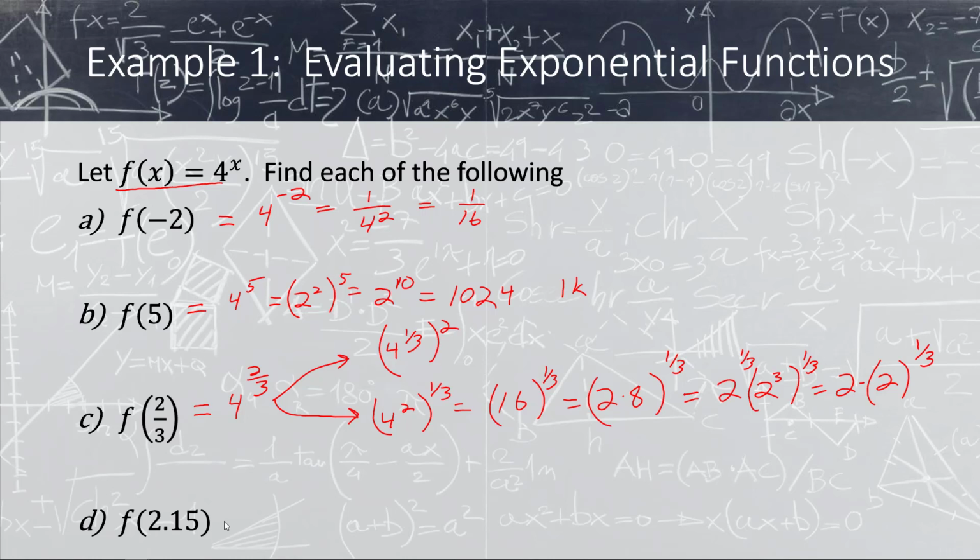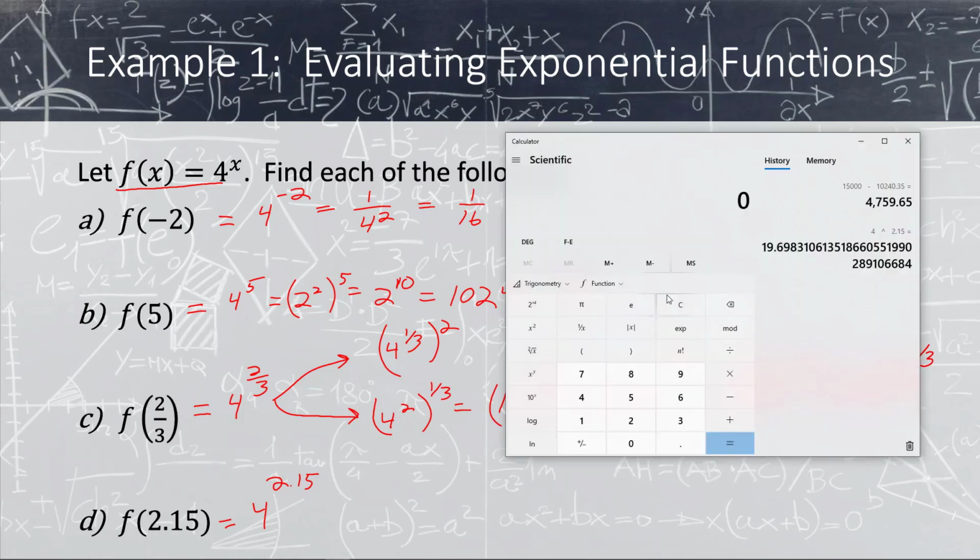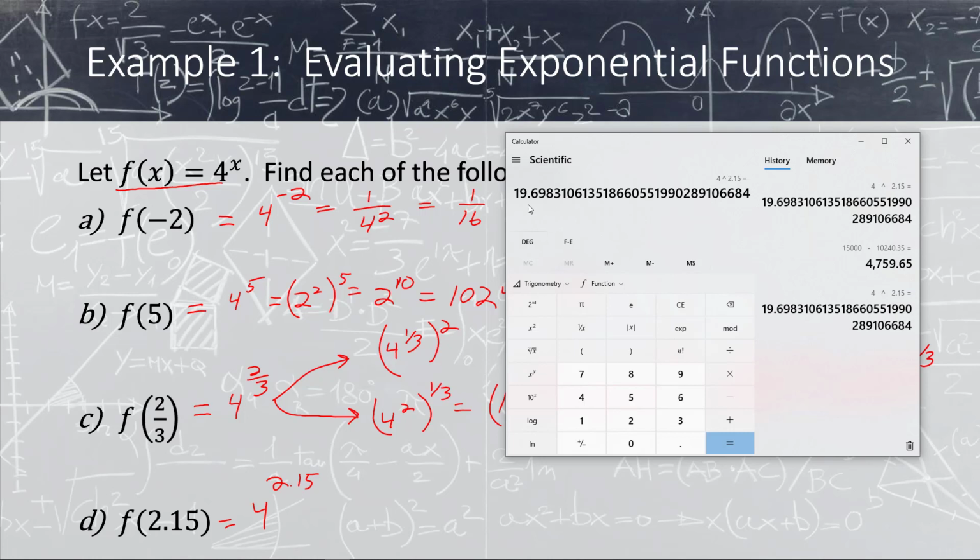Now the next one is 4 raised to the 2.15 power. And really the only decent way to compute that is with a calculator. So here is my handy dandy Windows calculator. What I'm going to do is click on 4, click on the power button right here, and then click on 2.15. This gives me 4 to the 2.15 power. And the answer to that will be